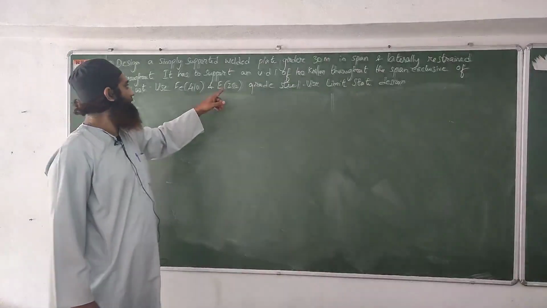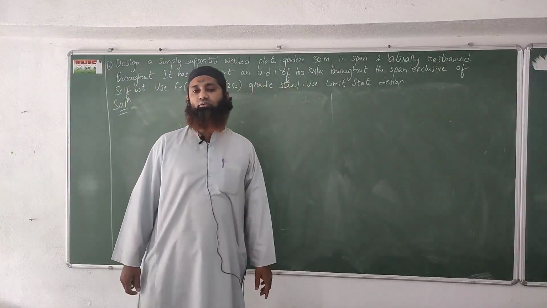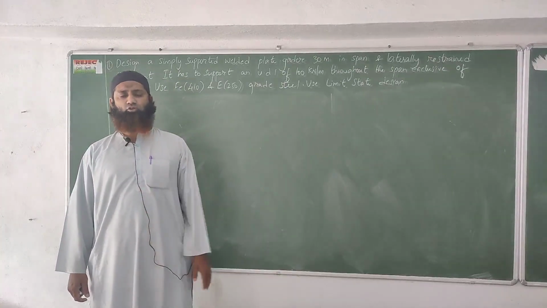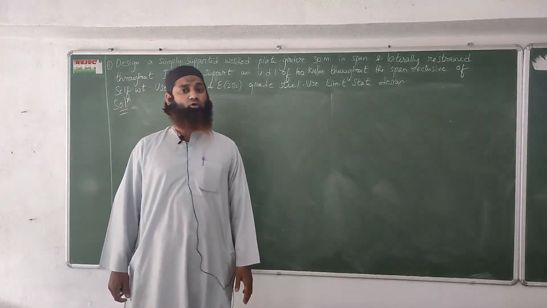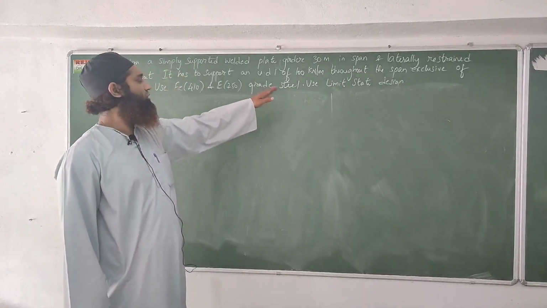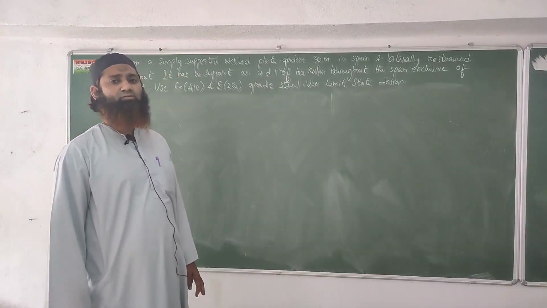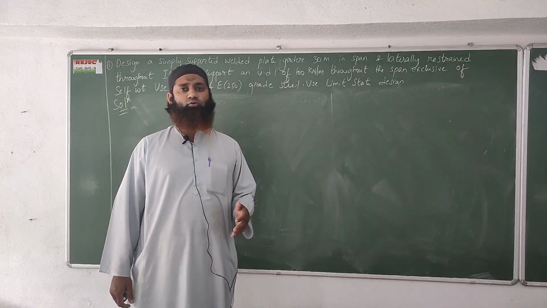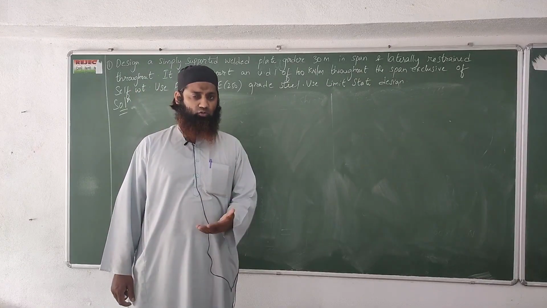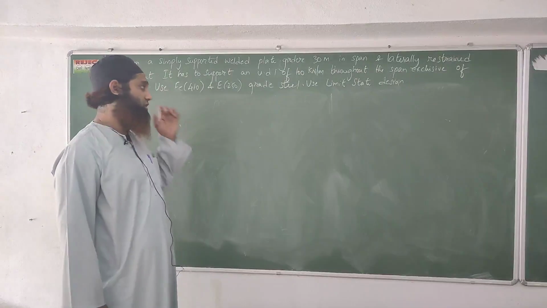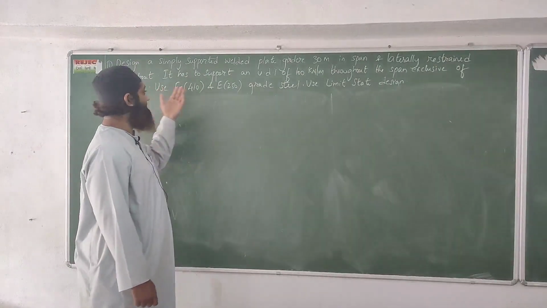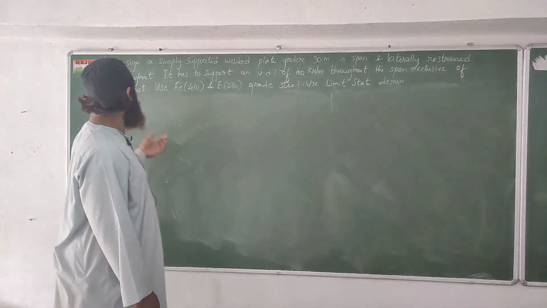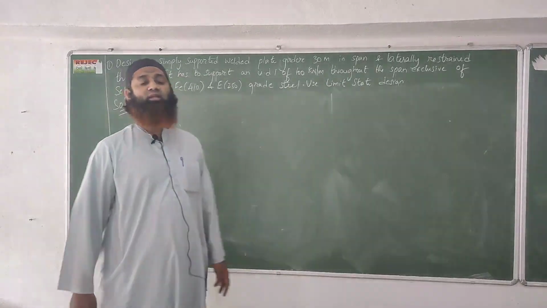It has to support a UDL of 100 kilonewton per meter. As I had told you, normally the load which comes onto the plate girder is a uniformly distributed load, here 100 kilonewton per meter. But sometimes some point loads also act onto this plate girder. We'll have to take those point loads into consideration while calculating the total load. The span is exclusive of self weight, so self weight has not been added here.